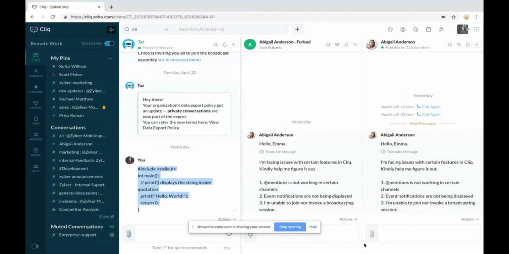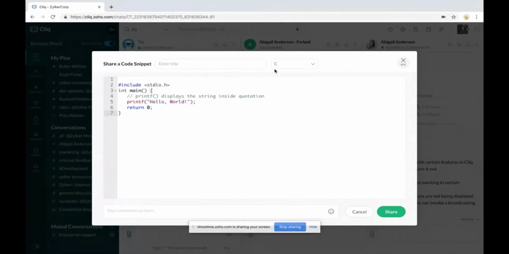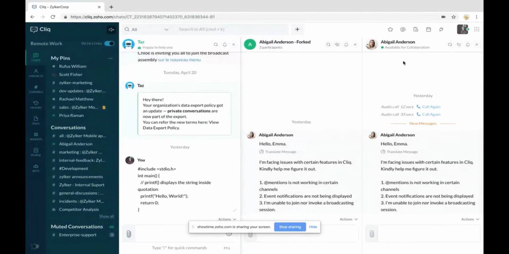So I am quickly showing you how it works. Here it's the auto detect feature. Once I enter the code, it automatically detects the language and also highlights the code into different variables, and then sends it without formatting or disrupting it by processing it. You can just quickly share it in any conversation of your choice. As I said, Qlik will auto detect the programming language of the snippet for you.